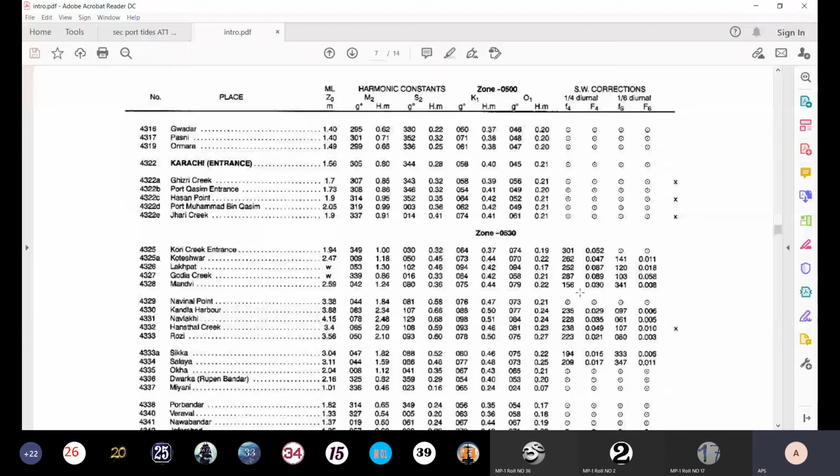The problem is the shape of the landmass and the shallow water in the region. So see Gulf of Kutch. Gulf of Kutch has got like